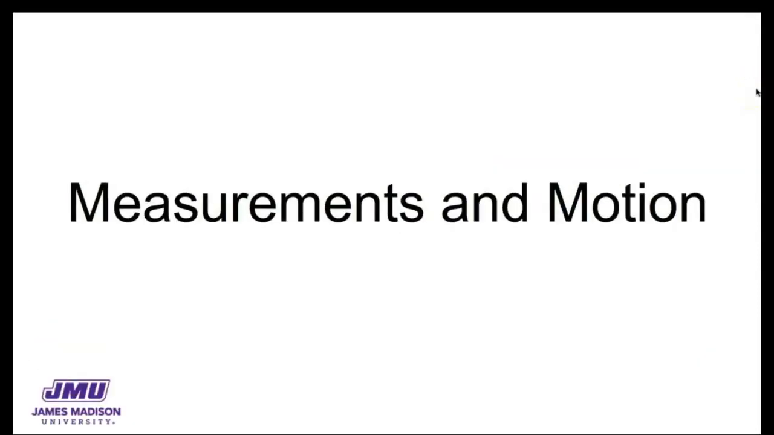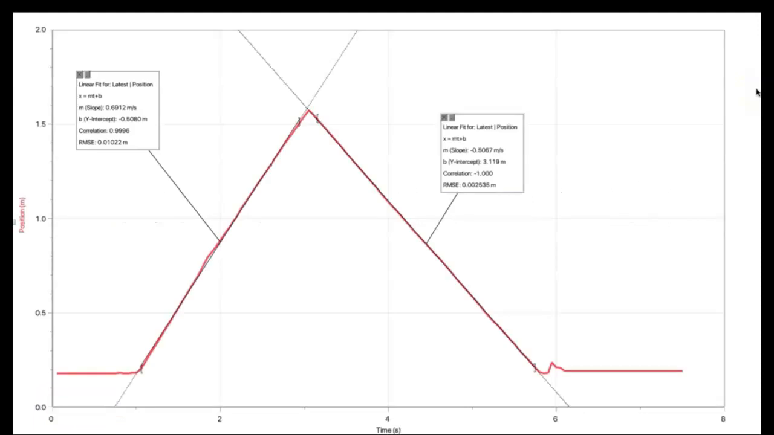Okay, recall that we did this experiment with the red cart being pushed and then coming back, and we had this graph of position versus time for that red cart. We had 4 different segments of this graph that were each linear. And whenever we have a linear segment of a position graph, it means that the slope in that region is